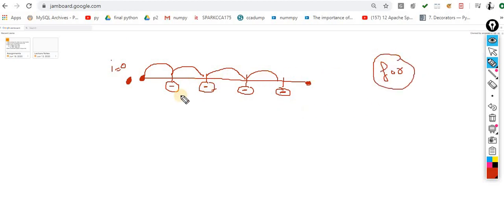Now the question is, why do we need the nested for loop? For the nested for loop, understand this concept. Now I am erasing it. In the same scenario, I am standing over here and I have to reach over here, and in between I have to take these steps.